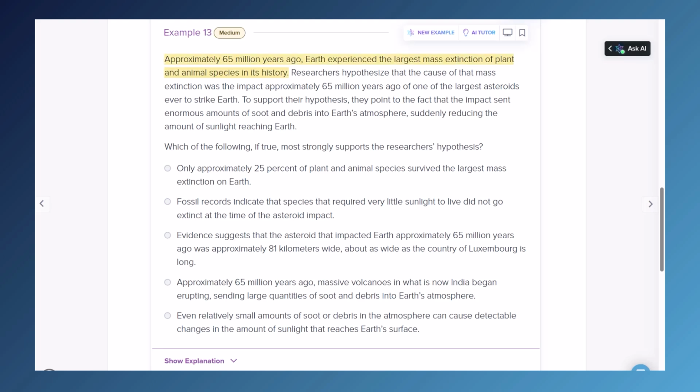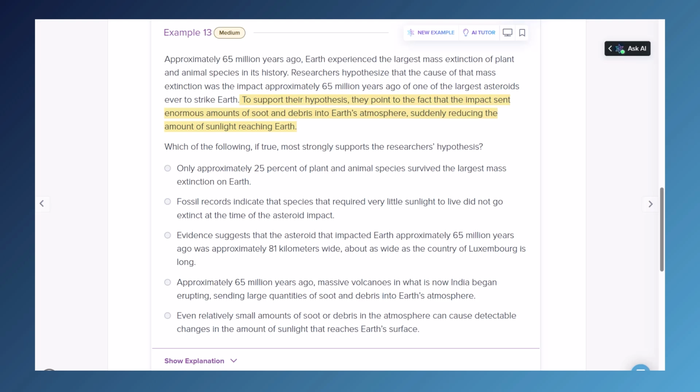Approximately 65 million years ago, Earth experienced the largest mass extinction of plant and animal species in its history. Researchers hypothesized that the cause of that mass extinction was the impact, approximately 65 million years ago, of one of the largest asteroids ever to strike Earth. To support their hypothesis, they point to the fact that the impact sent enormous amounts of soot and debris into Earth's atmosphere, suddenly reducing the amount of sunlight reaching Earth. Which of the following, if true, most strongly supports the